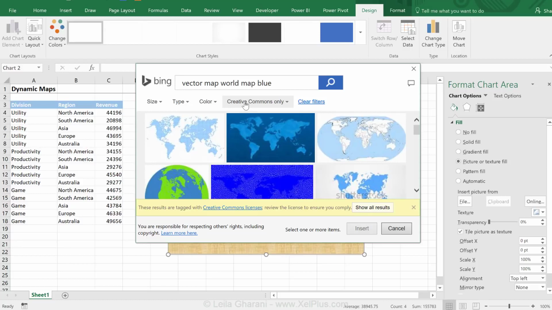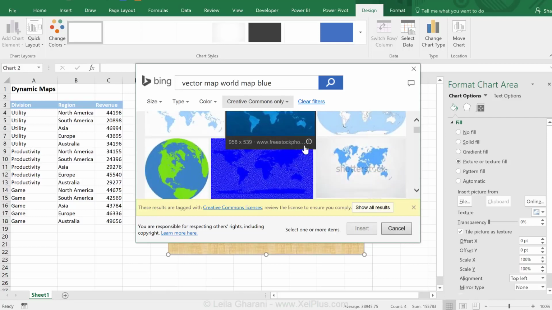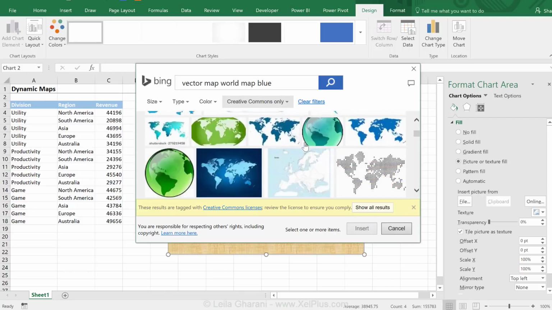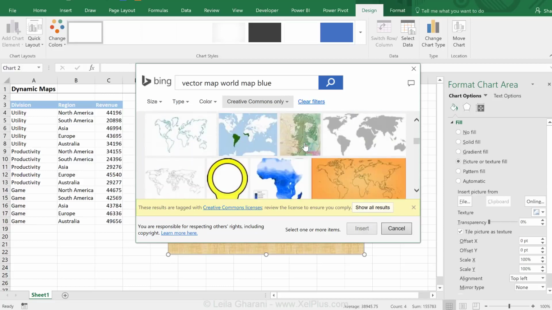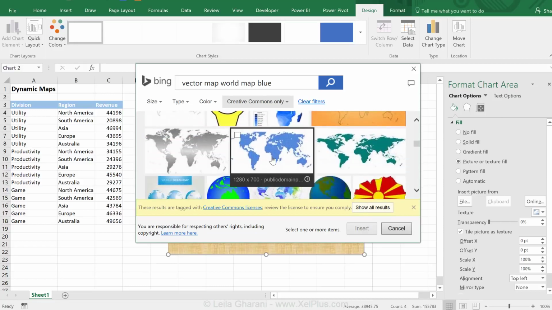So you can see by default, it looks for Creative Commons only. This means that you can use it for private and commercial purposes, but it doesn't always mean that it's fully free. So sometimes you do have to provide attribution. That's something that you should definitely check, which category in Creative Commons it falls under. So let's just see if we see anything. That's the one I'm going to choose. And this one belongs to the public domain pictures. So if I open this,